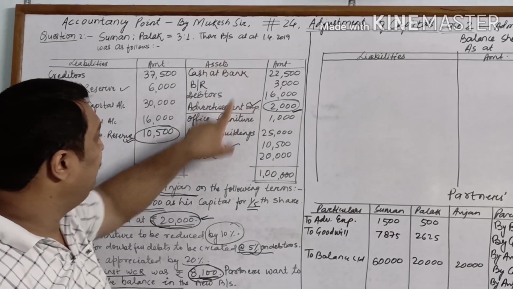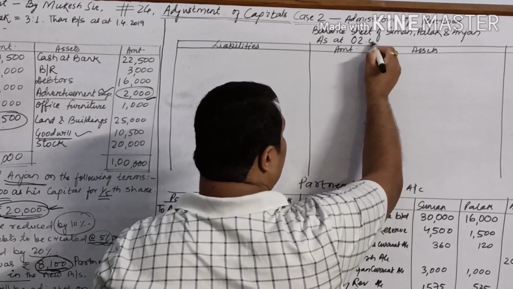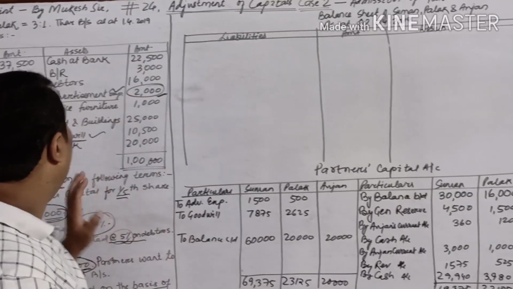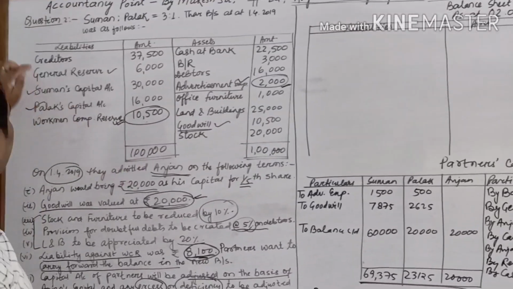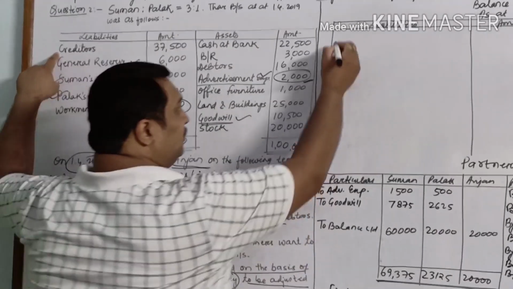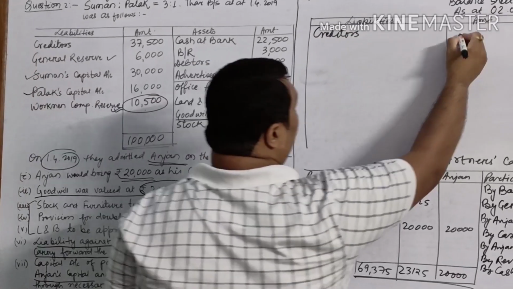So on the same date we cannot prepare the new balance sheet. So you can give the date 2nd April 2019. Okay. Now we'll continue with our balance sheet item. Liability side, first item is creditors. There was no change in creditors, so we will write the same value,